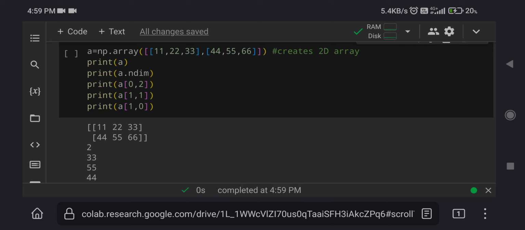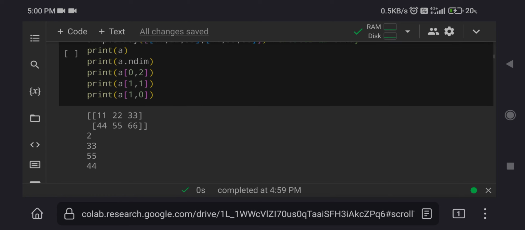So 33 will be printed. 11 is 0 comma 0, 22 is 0 comma 1, 33 is 0 comma 2. Then 44 is 1 comma 0, 55 is 1 comma 1, 66 is 1 comma 2.